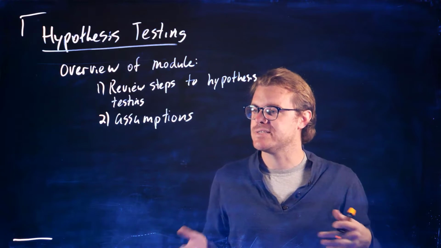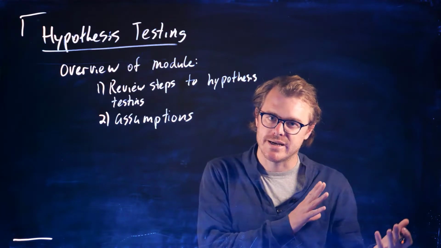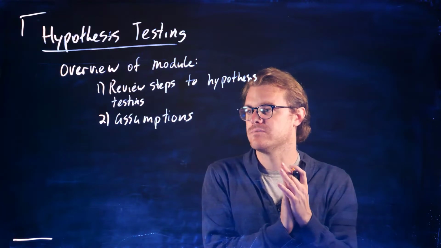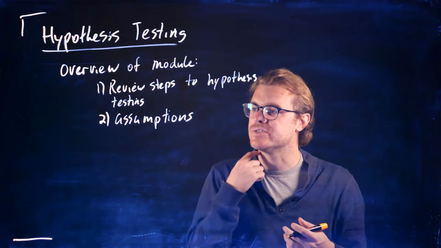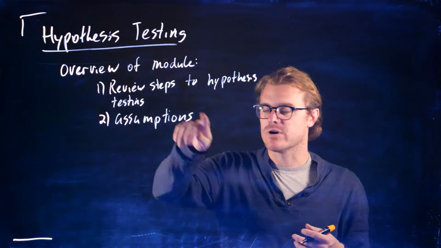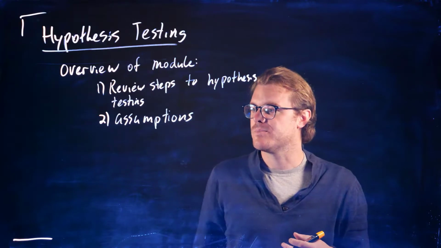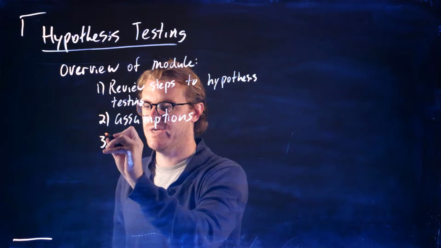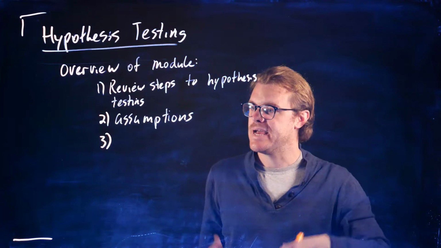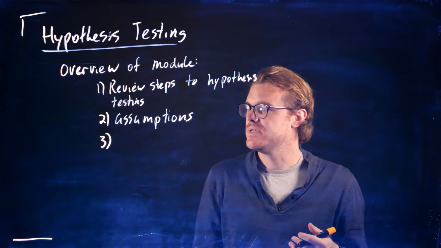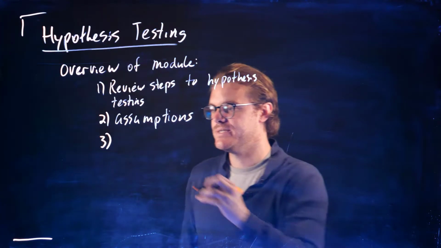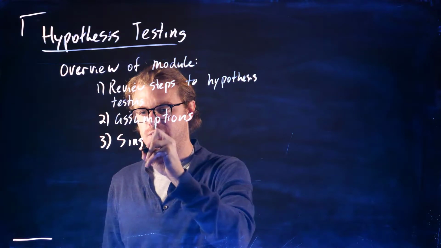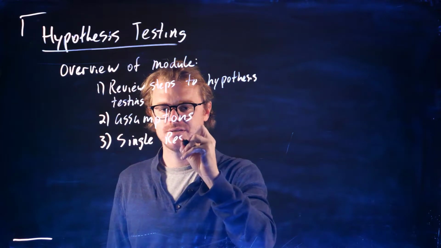4 gave us unbiasedness. That 5th one allowed us to kind of calculate the variance, or a cleaner version of the variance if we assumed homoscedasticity. We're going to add one more assumption about the error term here, which we'll be able to relax next module when we cover asymptotics. The third thing we're going to do is look at single restrictions,